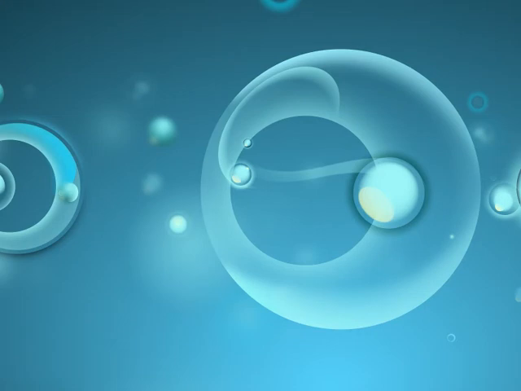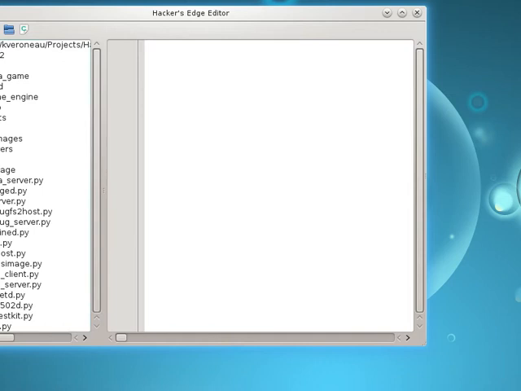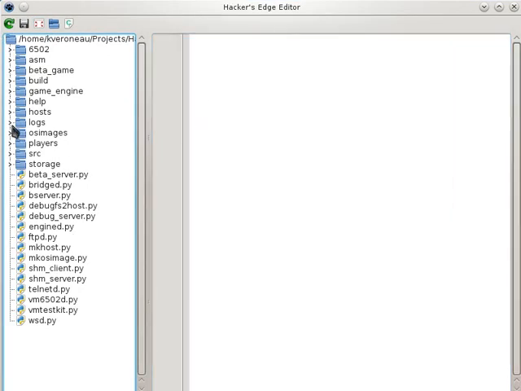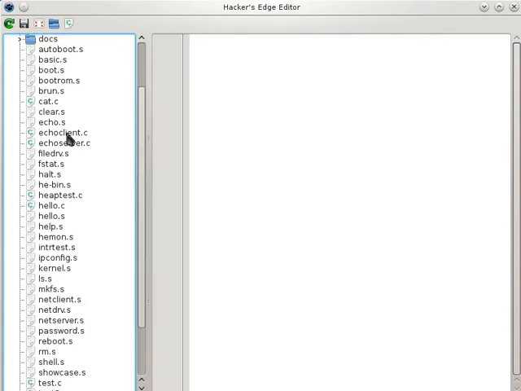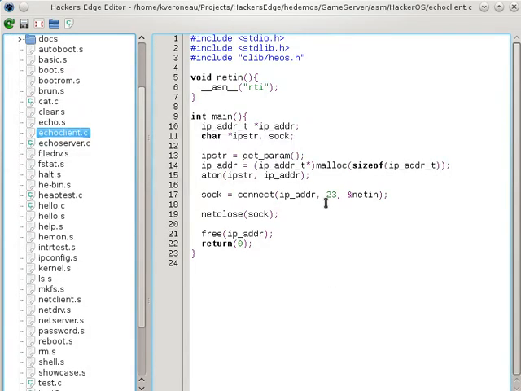Uh-oh. It's not good. Unable to open file. Oh, crap. Well, I have to reopen my IDE then. My file's missing now. Okay, echo client. Okay, so,